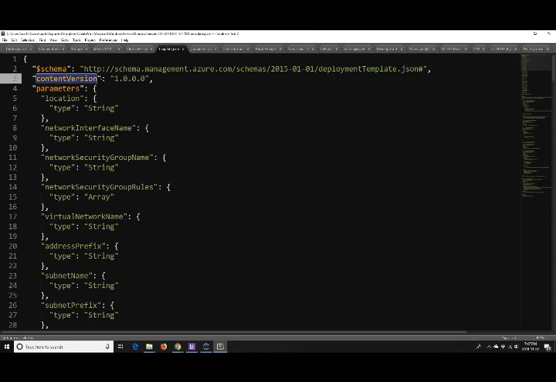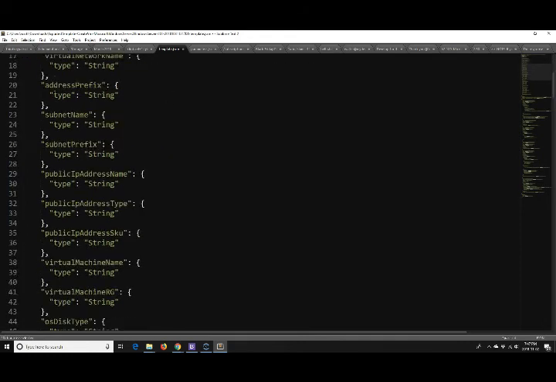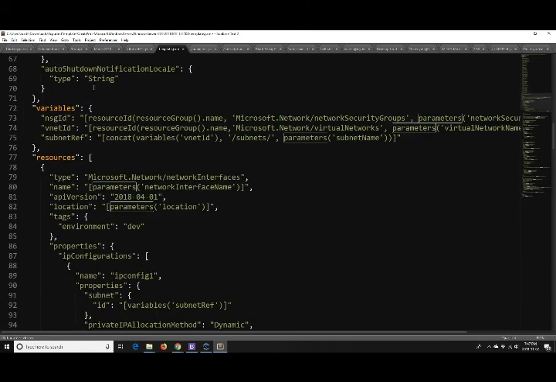Now the version number is a version number that you can control. So you can see here that Microsoft gives us version 1.0.0.0. But if you wanted to check this into a source repository, if you wanted to use this template as the baseline for your environment and then make changes to it, you can increment this version number so that you'll know which file is the most recent, etc. There's also a parameters file. There appear to be about 20 or so parameters being passed,